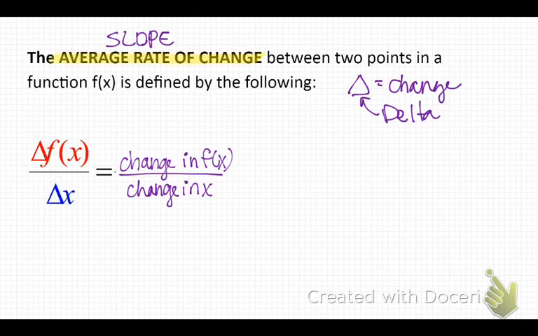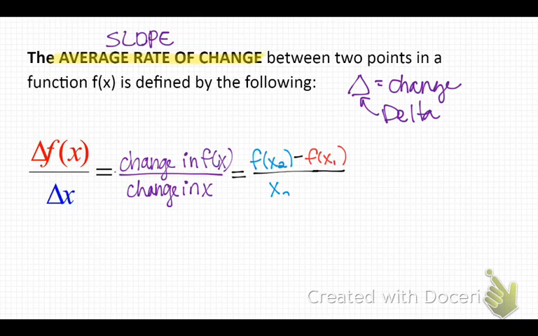So, change in f of x over change in x can also be written as something else. And I'm going to bet that you have not seen it this way. But in the next step, you will have seen it that way, okay? So, my first one is going to be f of x2 minus f of x1. Have you ever seen that? Yeah. Oh, you have? You've seen it twice? Over